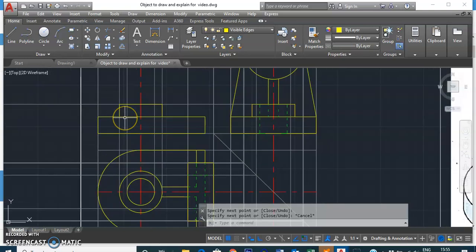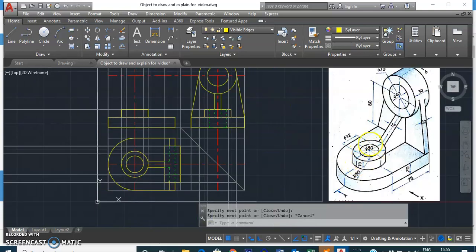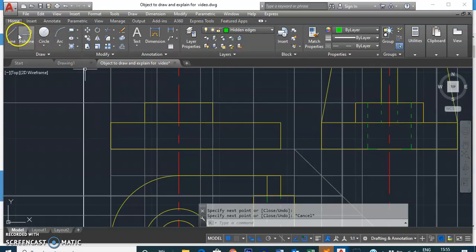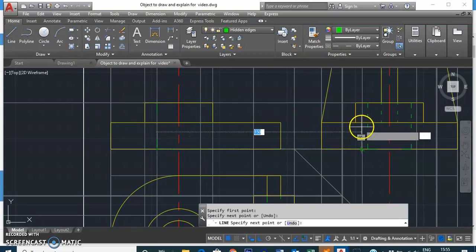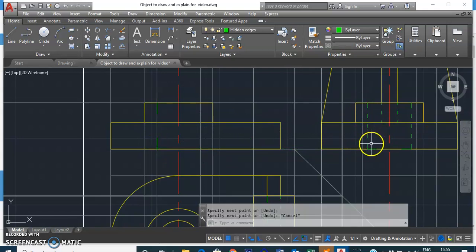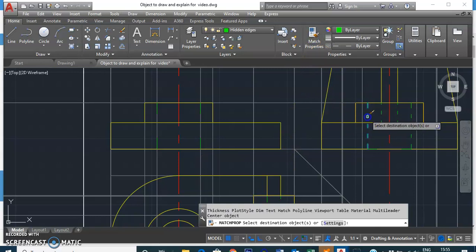Let us draw one more rectangle inside for the inner cylindrical hole, which is not visible from the front view. So let us change that to hidden edges. Since it is not visible, it will be drawn using hidden lines, and that will be taken for the full depth, because the same depth has been considered in the side view. Look over here, we have considered the full depth in the side view. So for the same cylindrical hole, we'll take the full depth in the front view also. Okay, that's done. Let's change its line type scale: match properties, source object, then the destination object. It will change your hidden line type scale.